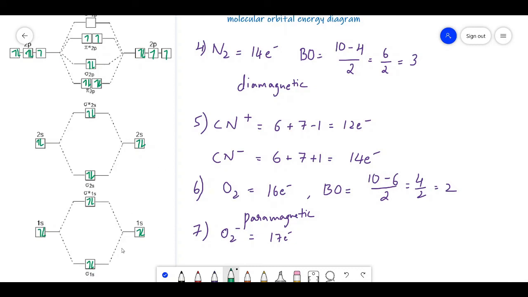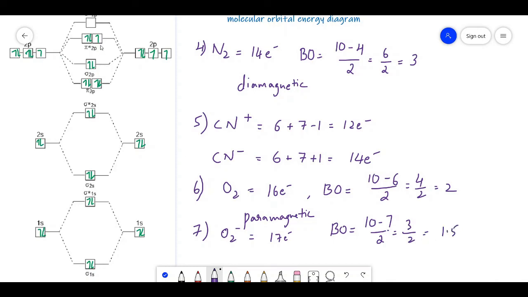17 electrons. And you have to add one more electron here. So this is 17. For the 17 electrons, if you calculate bond order, you can count the number of bonding electrons. Bonding electrons will be equal to 10. And if you count the anti-bonding electrons, it is equal to 1, 2, 3, 4, 5, 6, 7. So it is (10 minus 7) by 2, which is 3 by 2, and bond order is said to be 1.5.